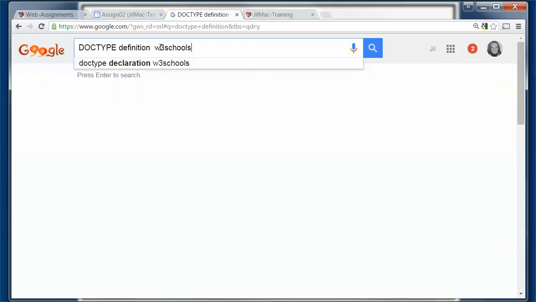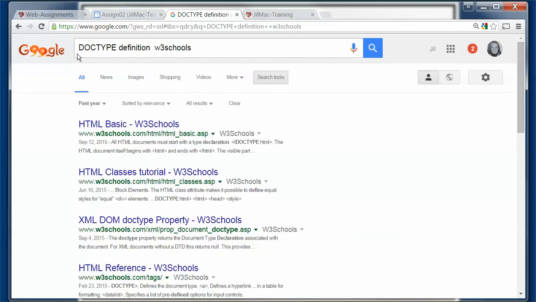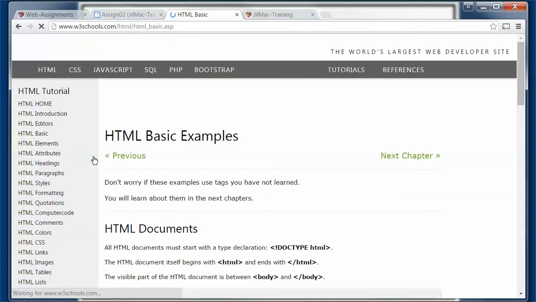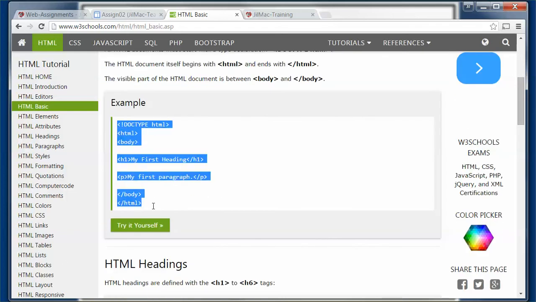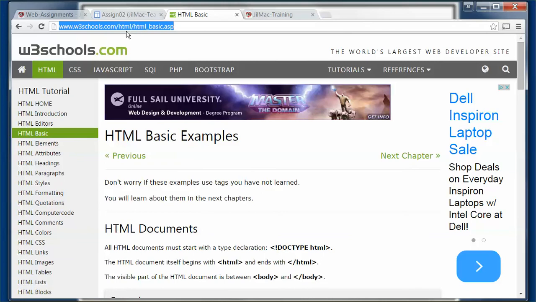And W3 Schools is a website that I really like, and so I'm going to look at their definition. So here's one from September 12th from w3schools.com, which I like a lot, and they're going to give me a definition. So I'm going to like this one, and I'm going to go into it and read about it. So all HTML documents must start with a Doctype definition, and this is that Doctype. The HTML document itself begins with HTML. Okay, so I like this definition, and it gives me an example, and so I'm going to block this, and